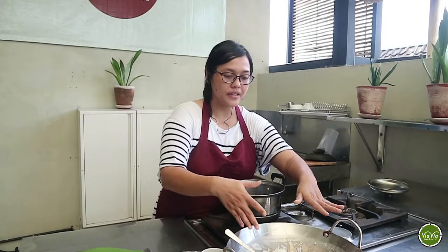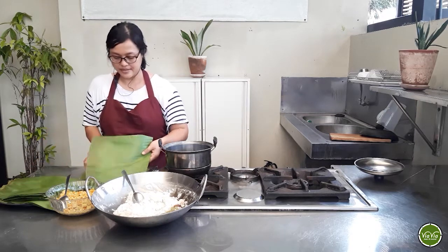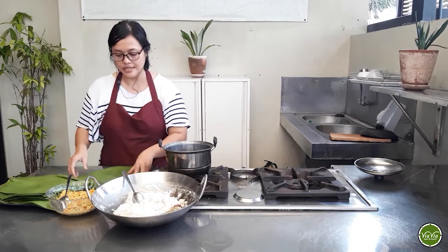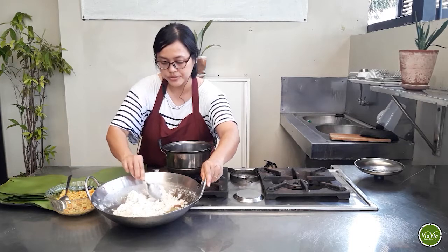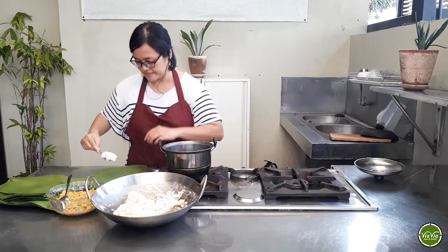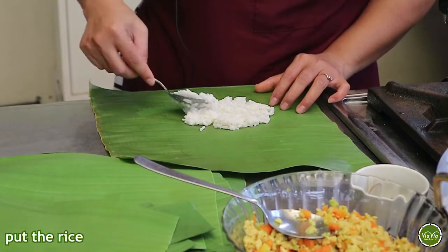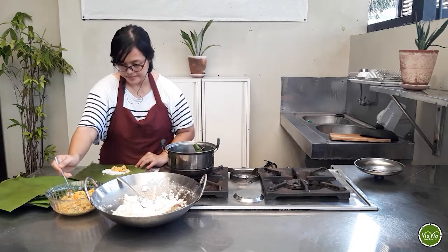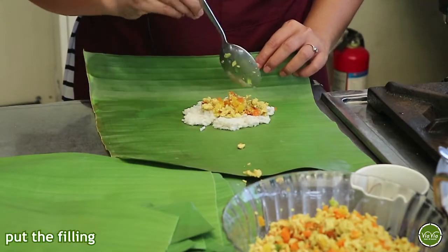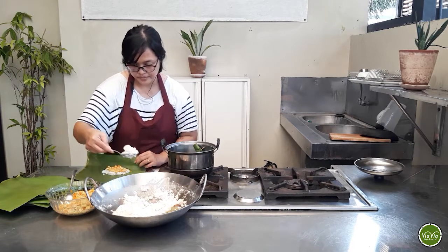Okay, after we finish cooking the rice and also the filling, now we'll move to the next step, that is rolling the rice and also filling it. I will show you how to fill. I put the rice in here, put the rice, and the filling, and then again put the rice on top of the filling,